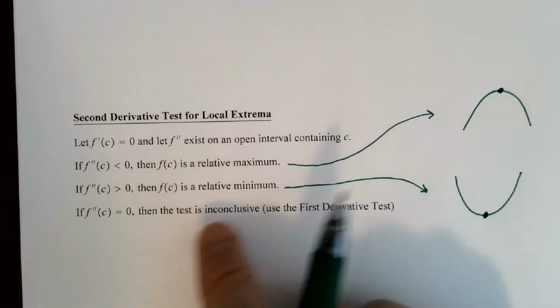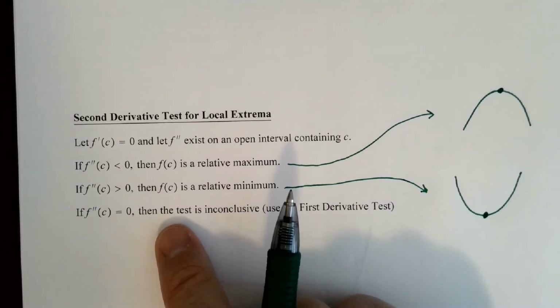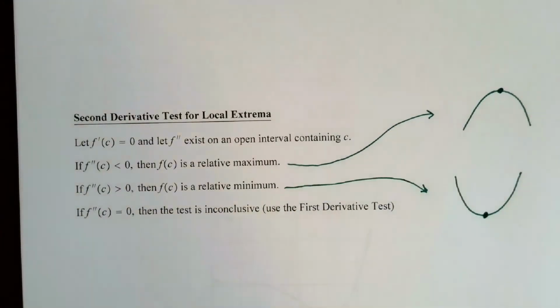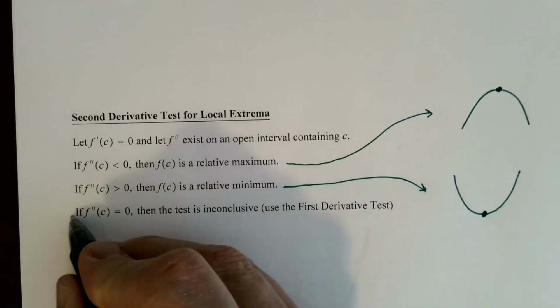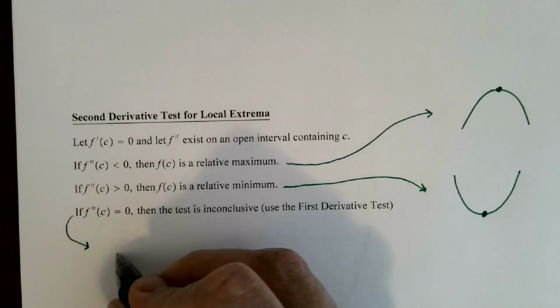Okay? If the second derivative equals 0, then we can't determine. It could be a max, it could be a min, it could be neither. And I can illustrate the inconclusiveness problem because these three functions